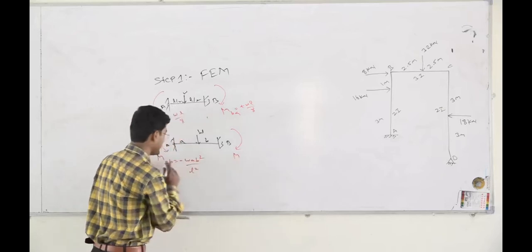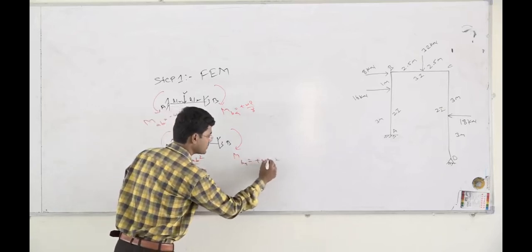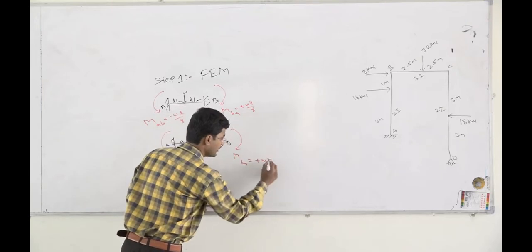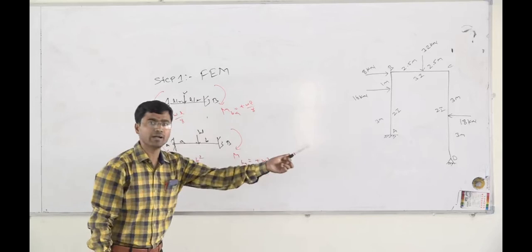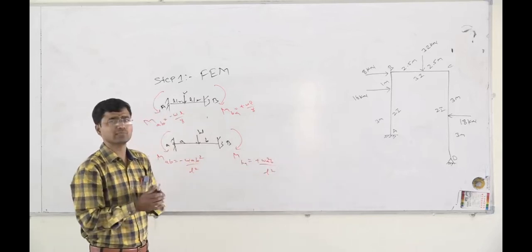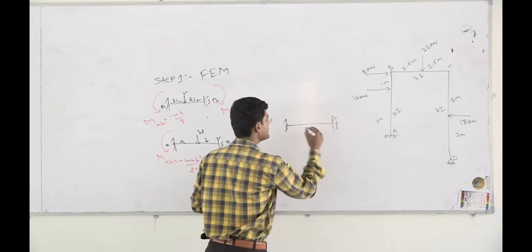Similarly, this is MBA, which is equal to MFBA plus Wa squared b upon L squared. So only these two conditions I think we required. But even if you go with our third case, which you will most probably get in your exam, we have a complete UDL.